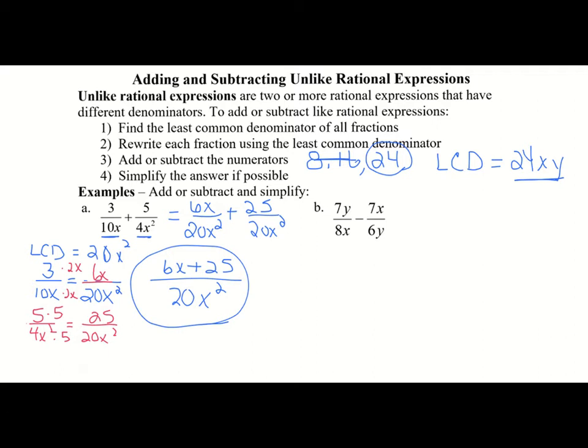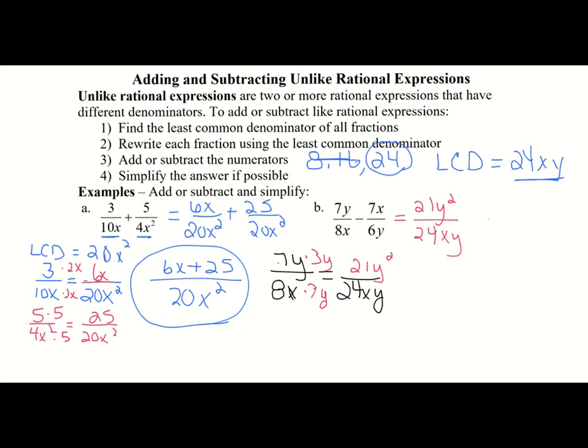So again, if we look at it, trying to make those equivalent fractions, we have 7y over 8x. And I want to turn that into a denominator of 24xy. So I am missing from the 8x to get it to 24, I need to multiply times 3, and I need a y. So I'm going to multiply the top by 3y. So that is going to give me on the top 7 times 3 is 21. y times y is y squared. So let me see here. We have 21y squared over